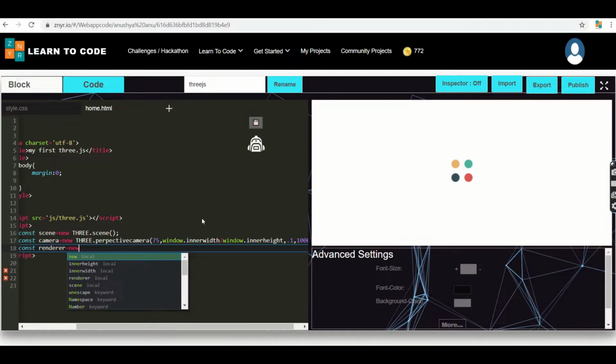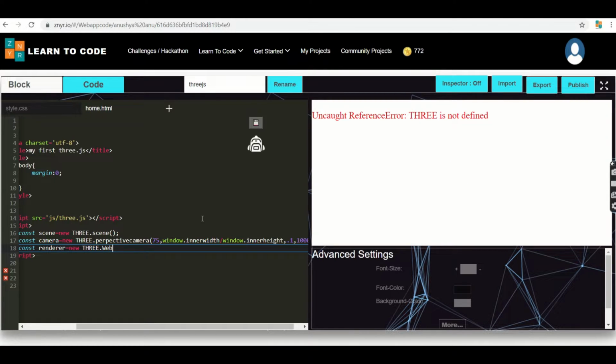For this I'm going to declare the function as new THREE.WebGLRenderer. This WebGLRenderer is purely useful for making a line, plot or triangle.